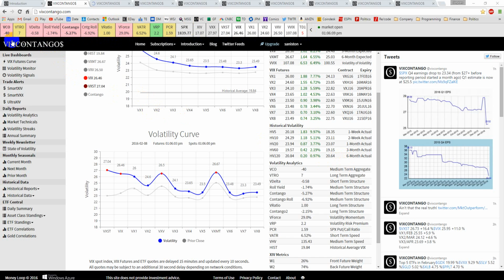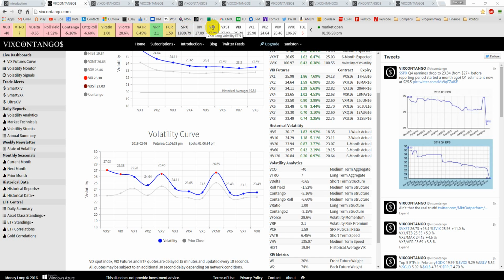In the ticker bar, you get to see the main volatility indicators: the Vixcontango oscillator, the VIX terminal oscillator, the V delta, rho yield, contango, contango rho, V ratio, V force, the VIX ATR, volatility risk premium, and the S&P 500 put call ratio. In addition to that, you get to see the S&P 500, the SPX, the short volatility